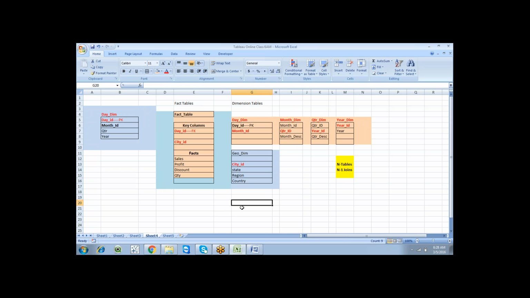So you can go with the star schema and you can go with the snowflake schema.